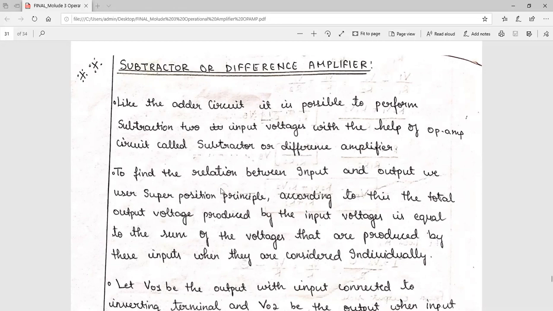To find the relation between input and output, we will use the superposition principle. According to this, the total output voltage produced by the input voltages is equal to the sum of the voltages that are produced by these inputs when they are considered individually. Now, the meaning of this is that